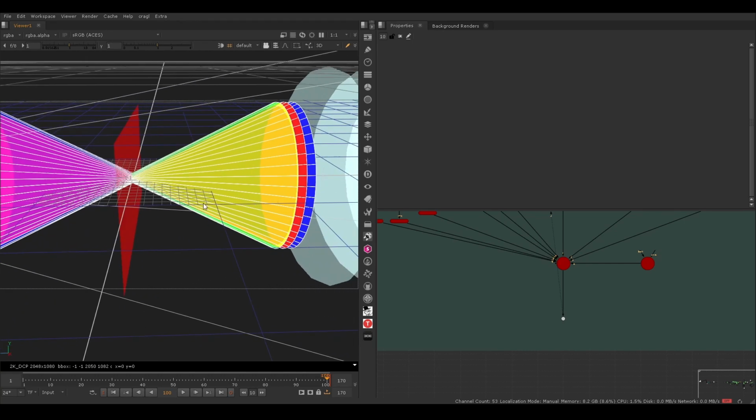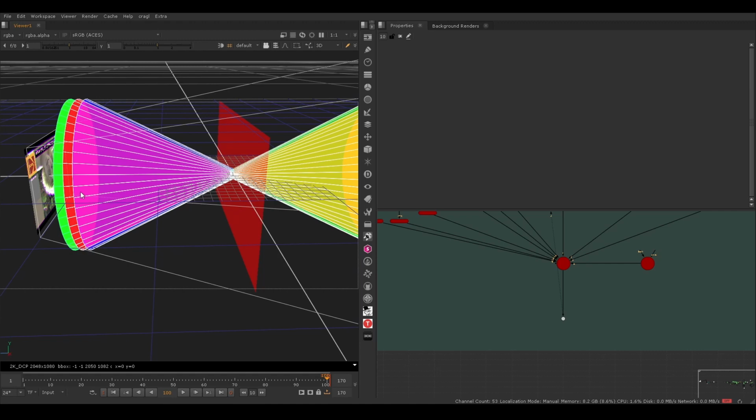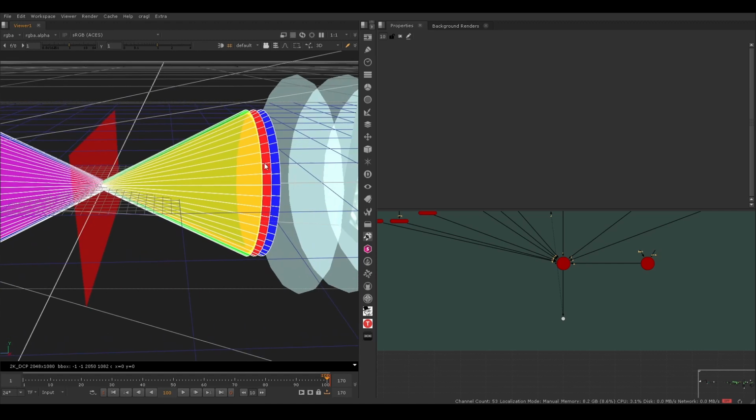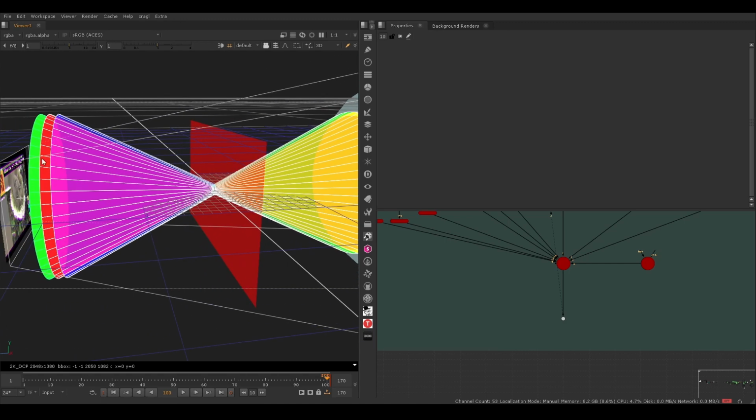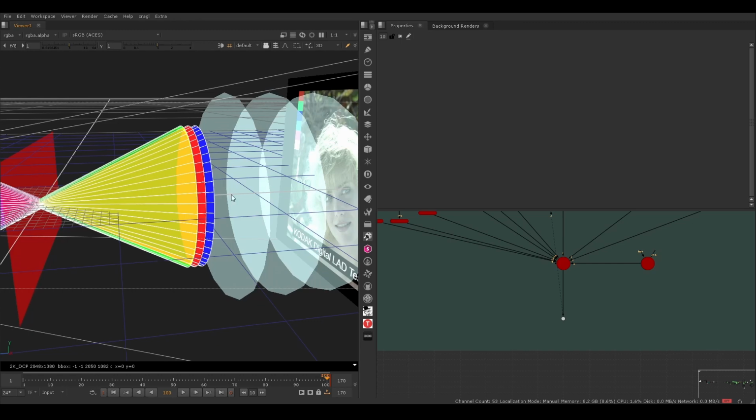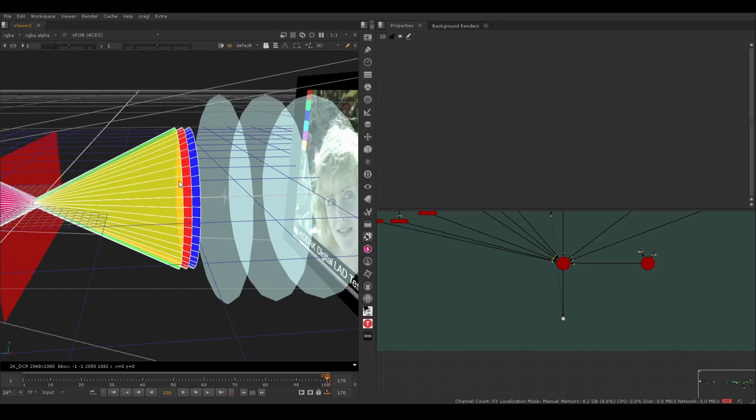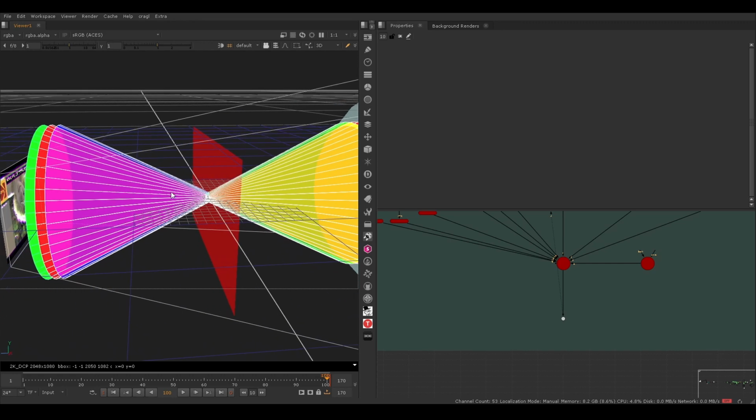Whatever was red aberration on this side still remains red, which is an indicator that probably this red ray is just going exactly through the center, through the focus point, and being recorded on the other side without any aberration. And then we have this yellow light that now has turned into a magenta or pink light